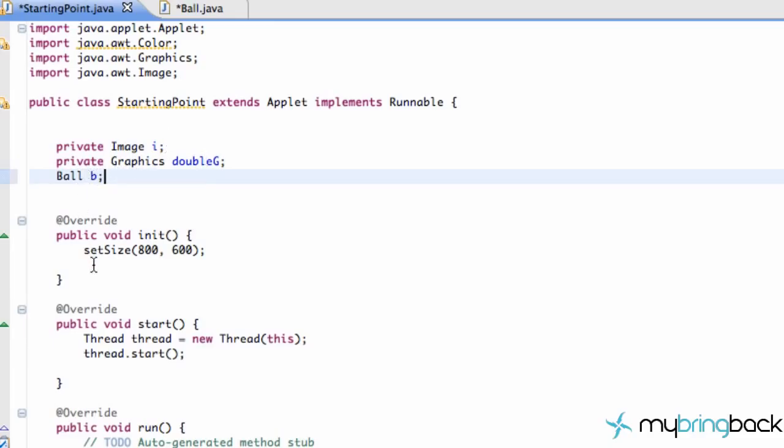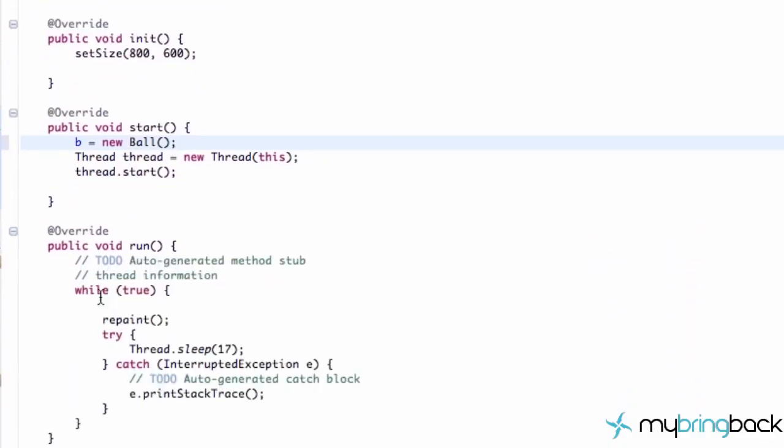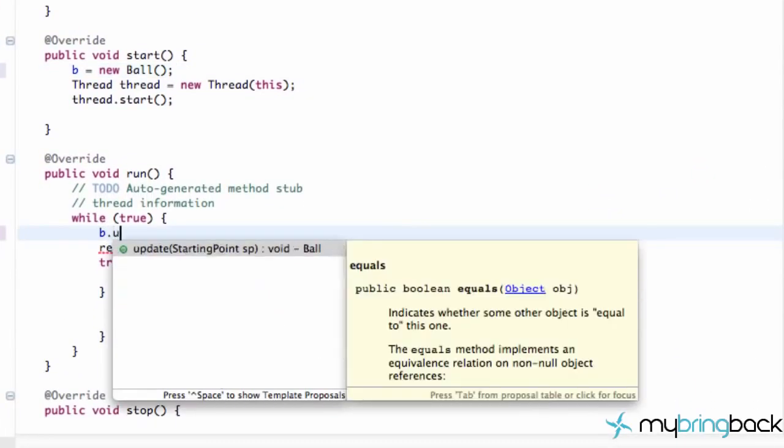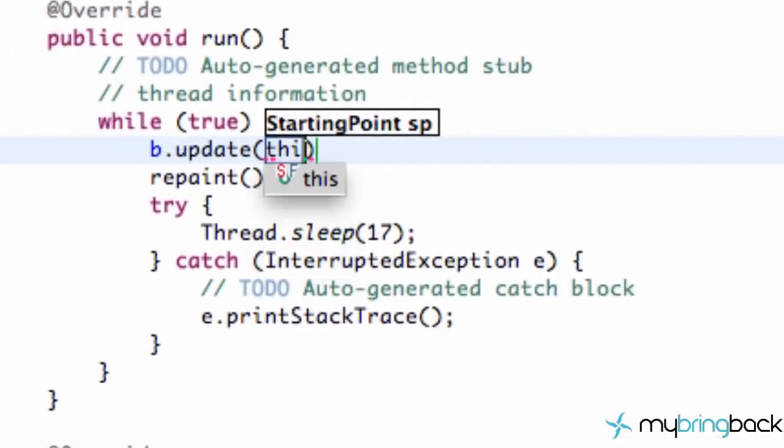We're going to have this ball be called B, and then within our applet start method, we're going to set up our B variable to be a new ball, just a default constructor there. And now within our run method, within this while loop, we can just refer to our variable that we just set up called B, and we can say update, and we pass in our starting point class,